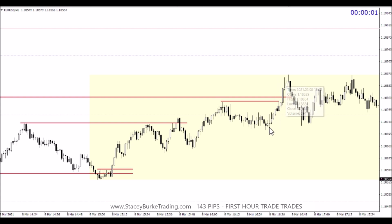And as we head into our equity hour open, which again I'll mark off here, so again the first hour for the euro, there's a 25 pip move. Now I don't trade the euro. This is the first candle of that US equity market open. And again, the equity market will tend to usually take the market back to one extreme or the other. And in this particular case, the market comes back up,